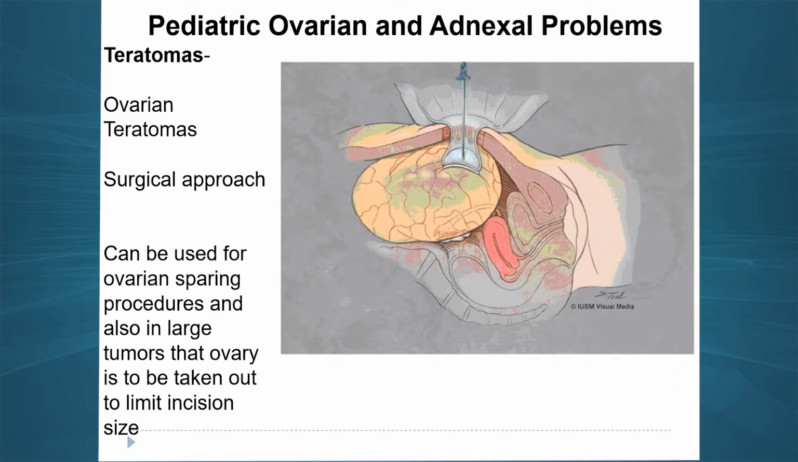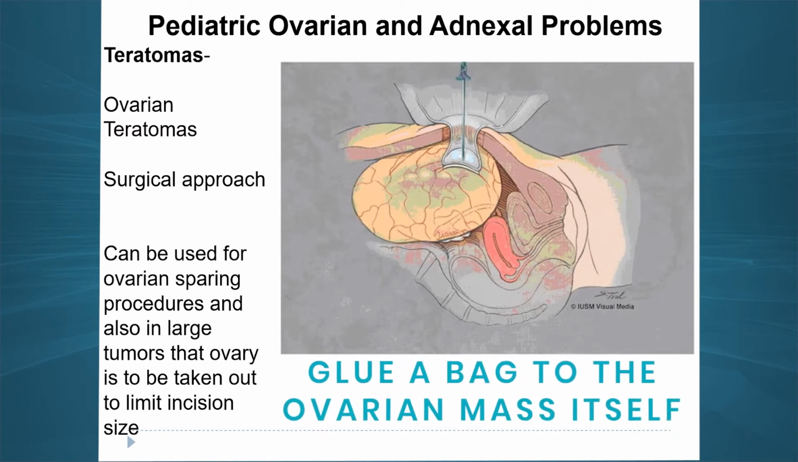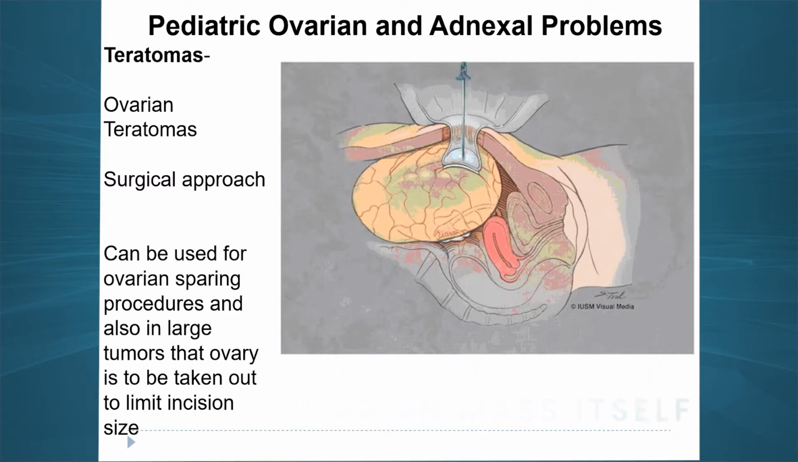It'll just form all by itself. And the other things you can do is you can glue a bag to the ovarian mass itself, and you can put a needle through it. You really don't want to spill